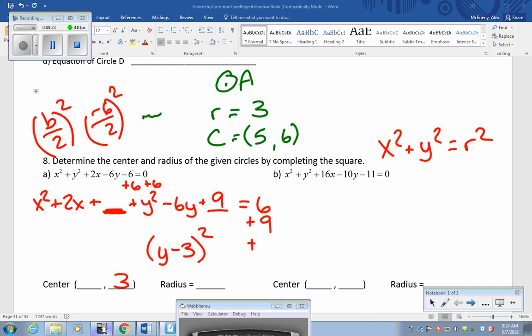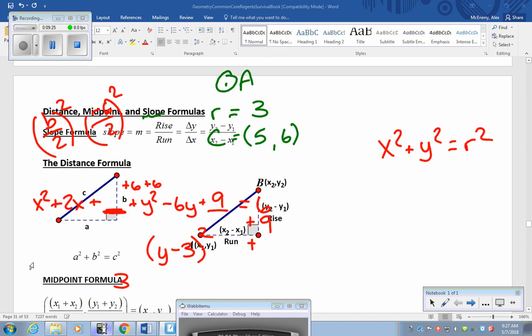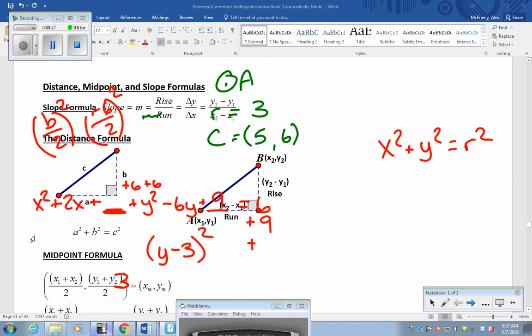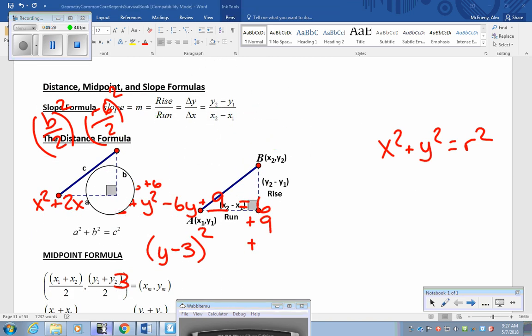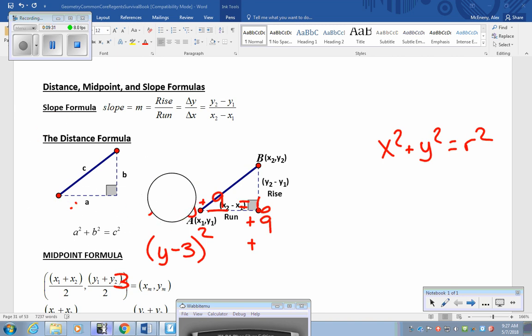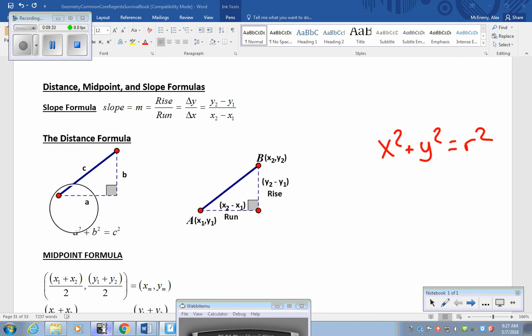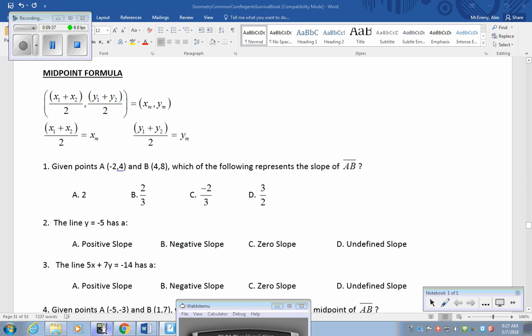Now the last part that we're going to look at is distance, midpoint, and slope formulas. We're just going to look at a couple of quick examples. So formulas are listed for you. If you take a look at